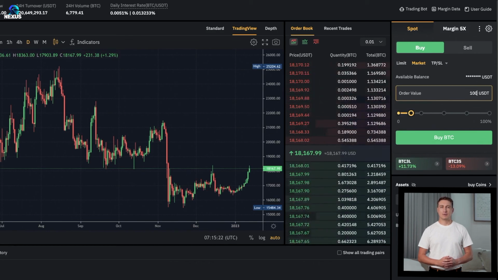So if I put $100 in here, 100 USDT, I'm going to be buying $100 worth of Bitcoin. This is the price per 1 BTC, but it's obviously going to buy me a fraction of that. Now with a market order, you don't choose the price that you pay, and so you will be getting this price right here, as you can see, which is 18,169. So that's it. I can just press buy BTC right now, and it will just go straight through with